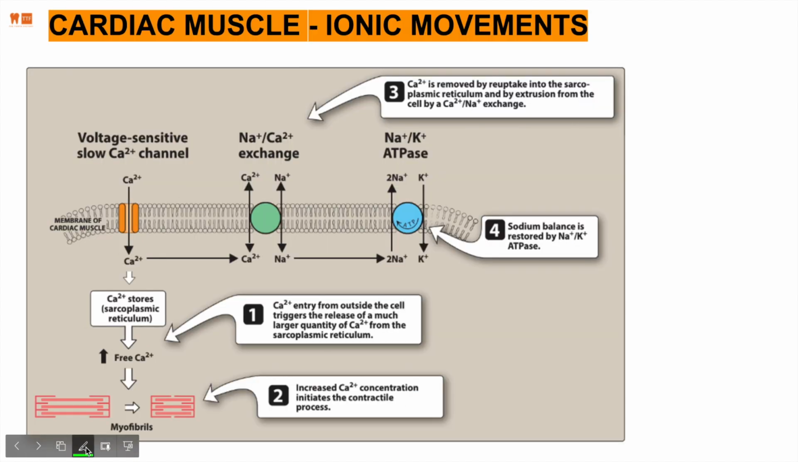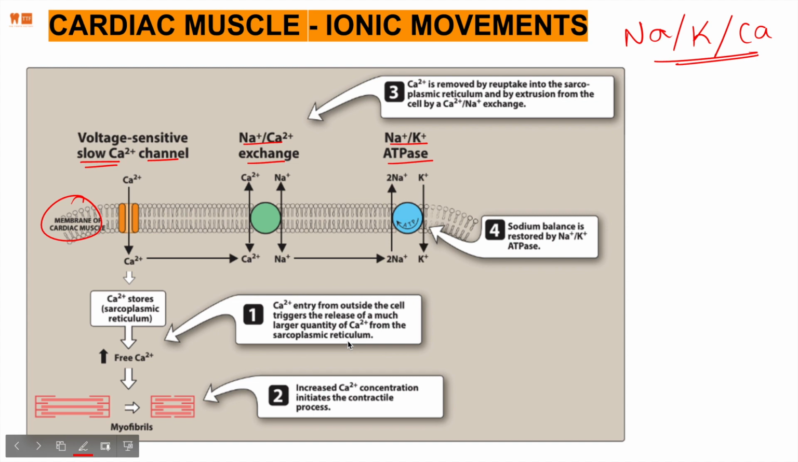Okay. Let's move on to another diagram that explains ionic movements that we just talked about. So we're looking at sodium, potassium, and calcium. Okay, so this is the membrane of a cardiac muscle. There are 3 channels. We got voltage sensitive slow calcium, we got sodium calcium, and we got sodium potassium ATPase. Okay, so step 1. Calcium entry from outside the cell triggers the release of a much larger quantity of calcium